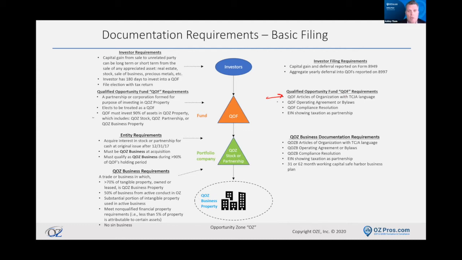Some states don't allow you to do that. So we then definitely add it into your operating agreement that you're going to comply with the 90% test and everything else. And then we do a specific compliance resolution that also delineates that. And then that also has some information about how you're going to build your audit trail to document all this stuff. The other thing is that this QOF needs to be a corporation or a partnership. And so you need an EIN showing that it's an actual partnership, which a multi-member LLC will do. So this is what we do at OZ Pros, is that we set these things up for people all the time. And this documentation package is what we put together for people.